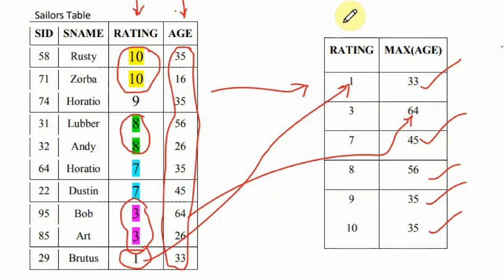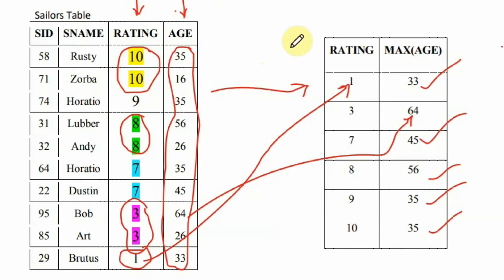You can also apply the order by clause after grouping. I hope everybody understood what is meant by grouping. In the previous videos, I showed you how to apply the aggregate functions directly on the column. When you apply aggregate functions on the column, all the values in that column are considered for the computation. But here I want to apply this computation on groups of certain tuples. In that case, you can use the group by clause.